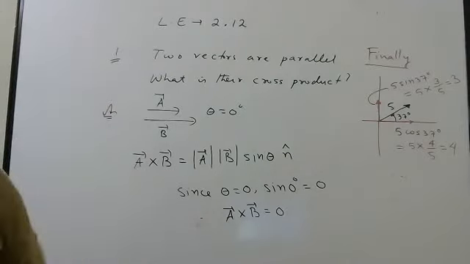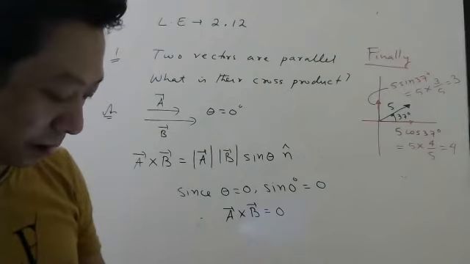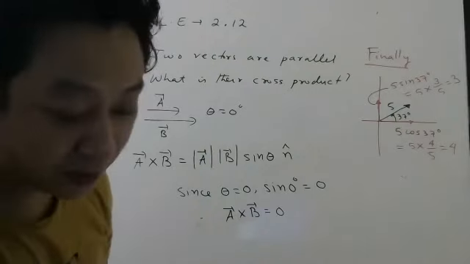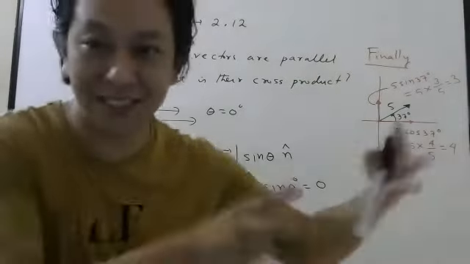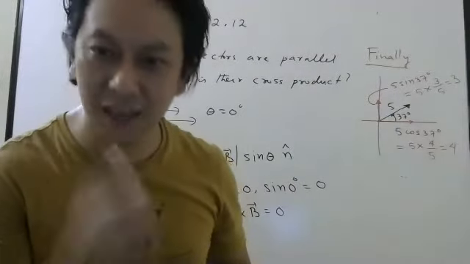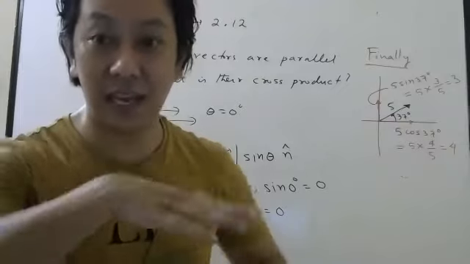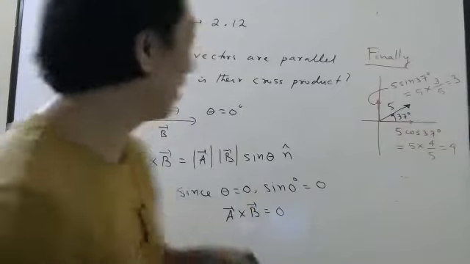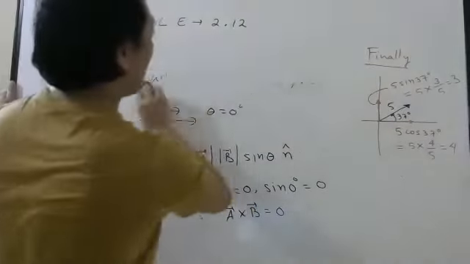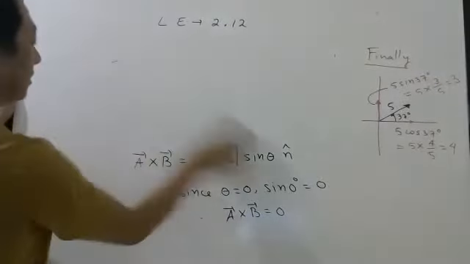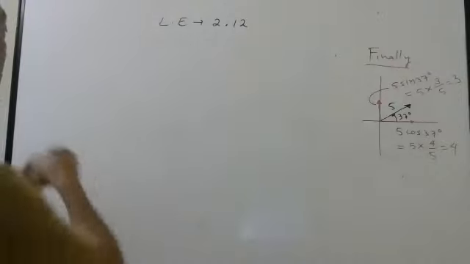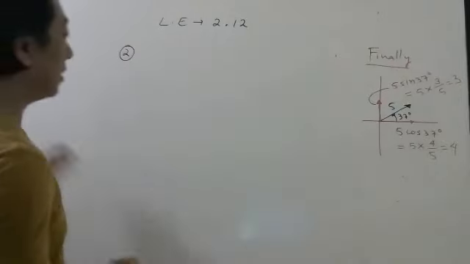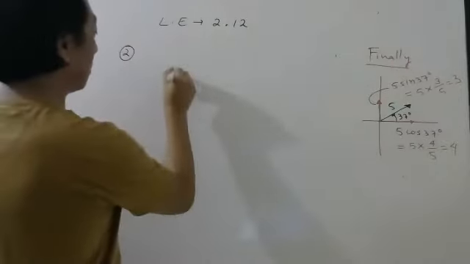So very simple actually. Question number 2, you see. When is the magnitude of cross product maximum? They are saying magnitude. See, whenever we talk about maximum, always we are talking about magnitude only. Nobody says direction is maximum. So question number 2 is, when is the magnitude of cross product maximum?